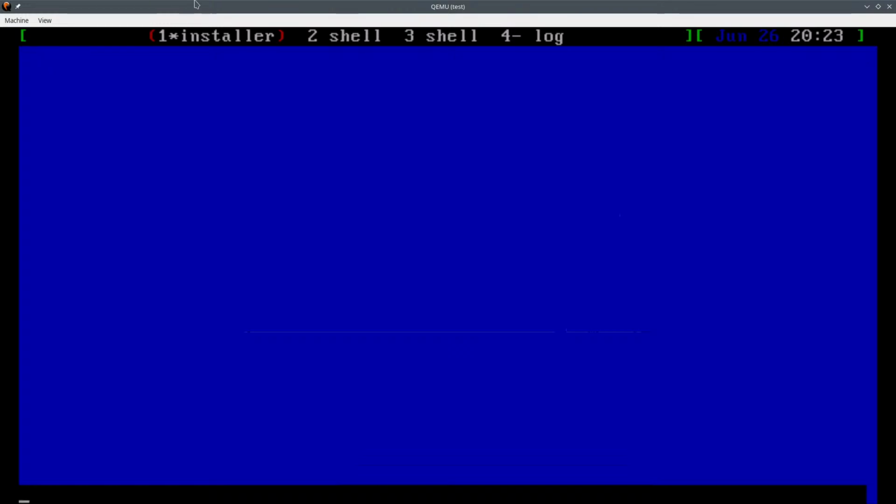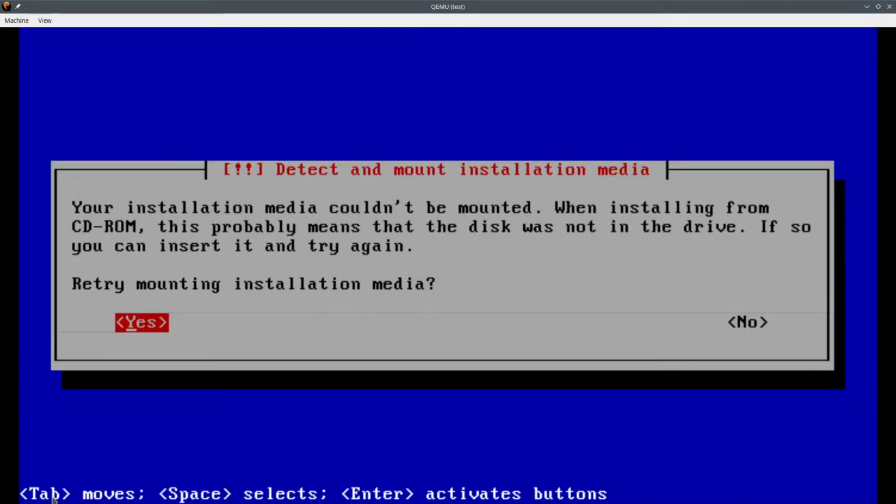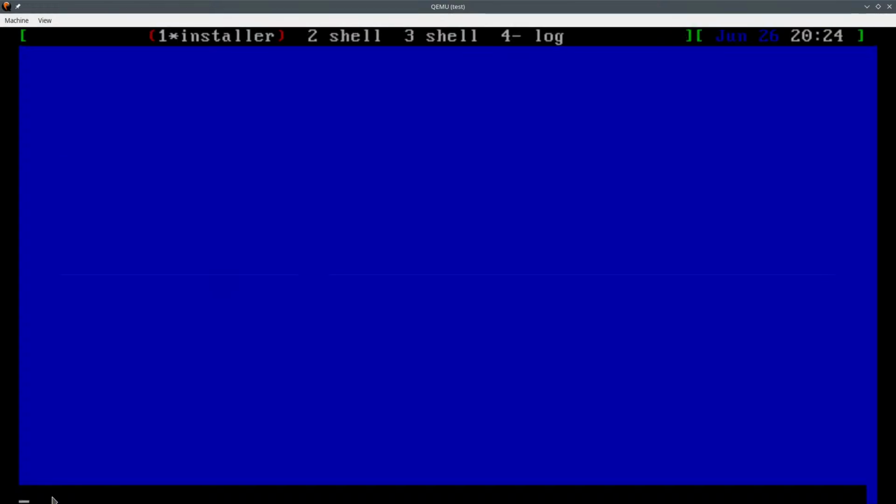Are we missing something down here or not? I mean, your installation couldn't be mounted. Try mounting the installation media. Yes. I mean, why wouldn't you be able to mount a CD-ROM?